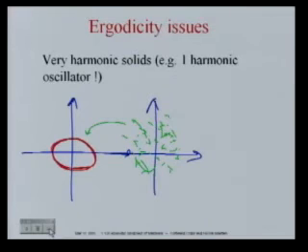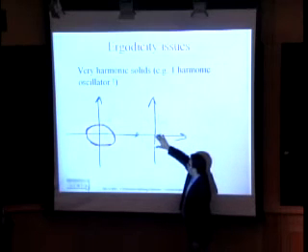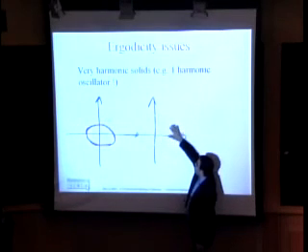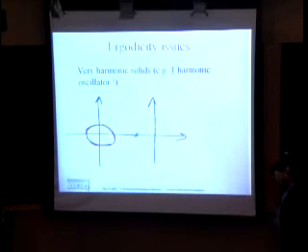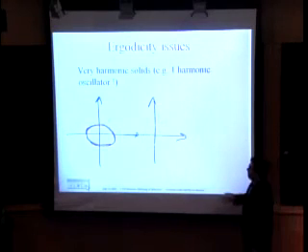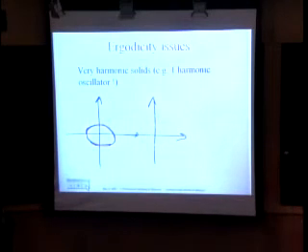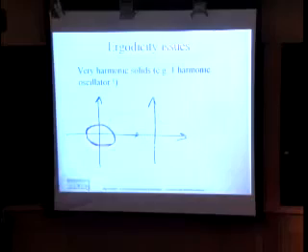And so the Nose-Hoover thermostat works very poorly for these systems. The more harmonic your system is, the poorer the equilibration that comes from the Nose thermostat is. And so you have to pay a lot of attention to systems at low temperature. One of the usual solutions that people mention is using Nose-Hoover chains, in which you have your dynamical system, you have your thermostat, and then you have another thermostat that's thermostating your thermostat, that thermostats your particle, and then you have a third thermostat that thermostats the second thermostat, and sadly you have to do this,